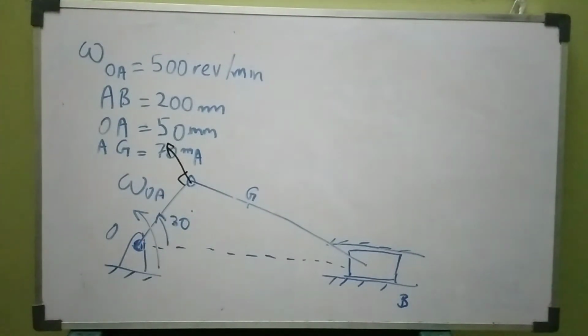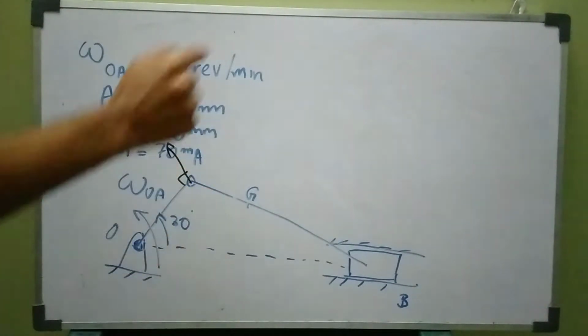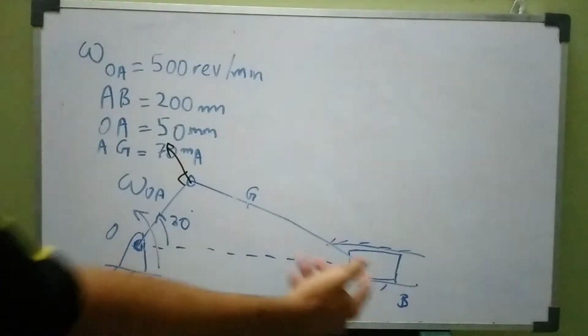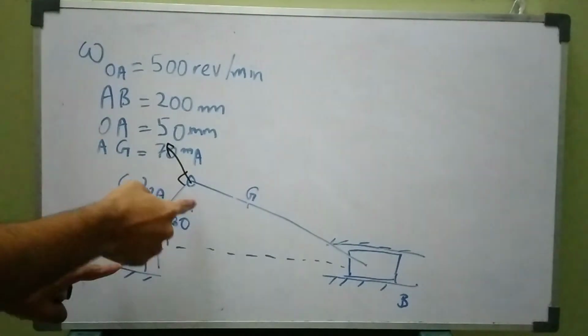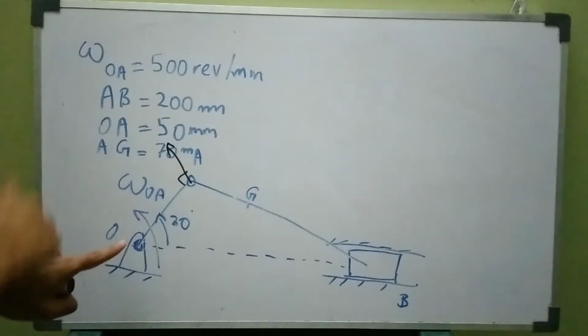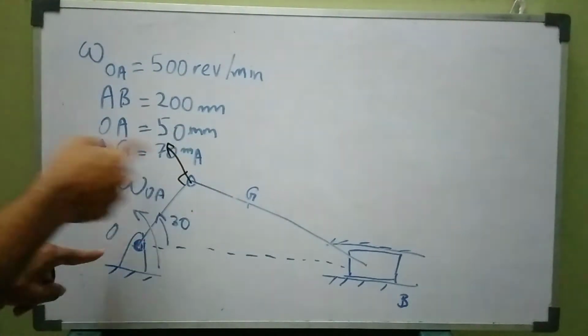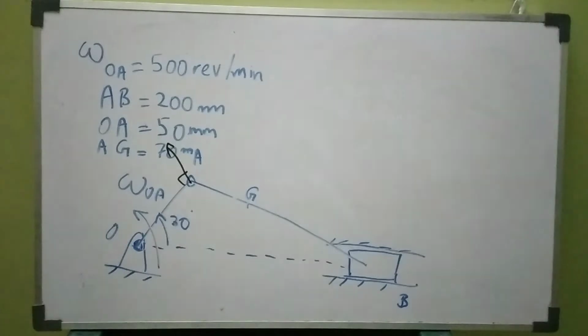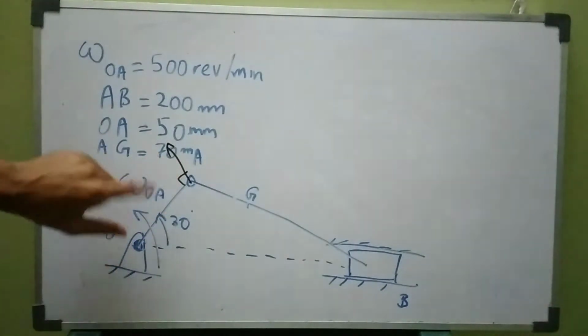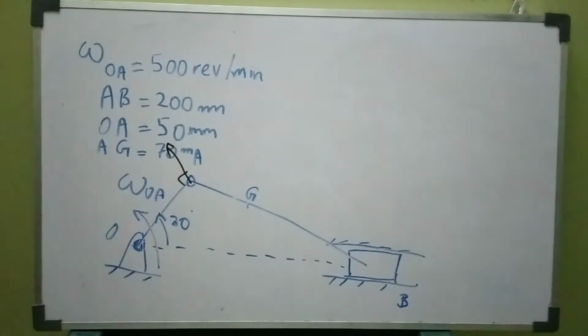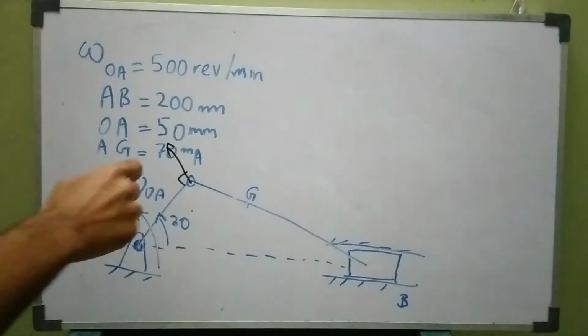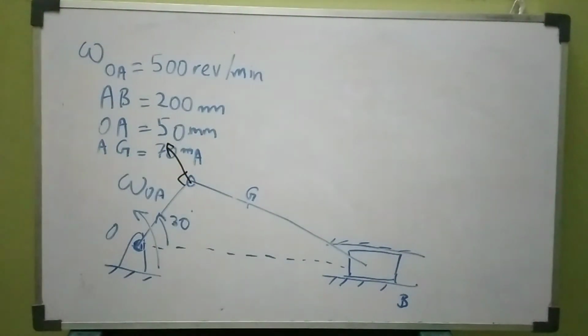That's the simple thing: when we are considering this A point, it's connected to OA as well as AB, which means as this OA is having the rotational circular motion, we can directly tell OA would have the characteristic of that circular motion also. That's the main thing. So from that we can directly tell A's velocity would be tangential to this OA. From that we can directly calculate what's the velocity of BA. So that's the main thing. So we have found that. So the next thing is